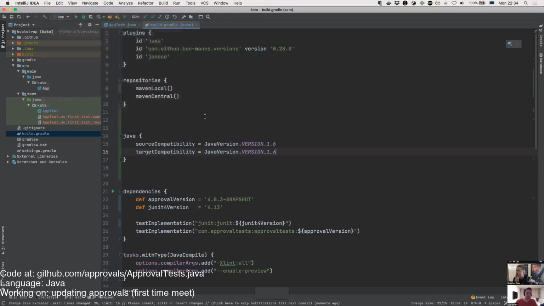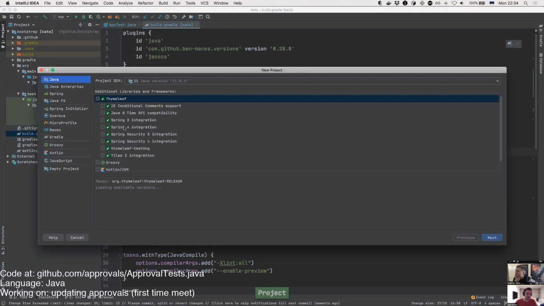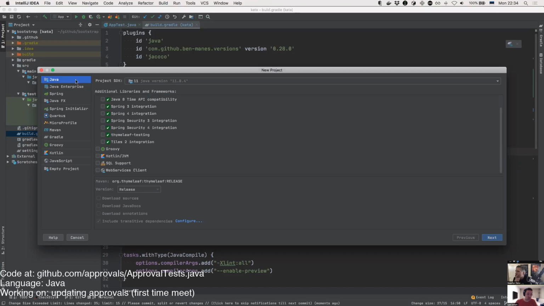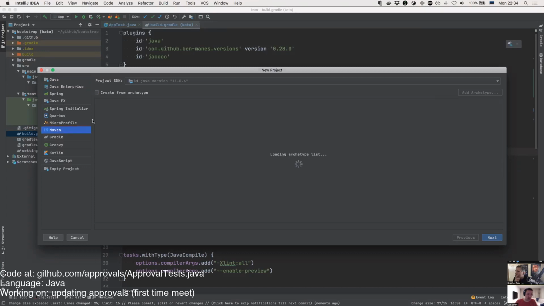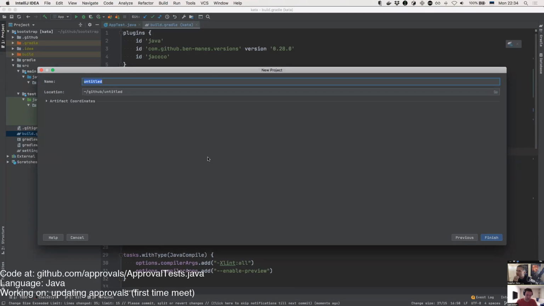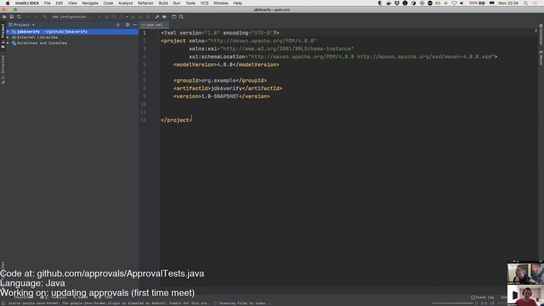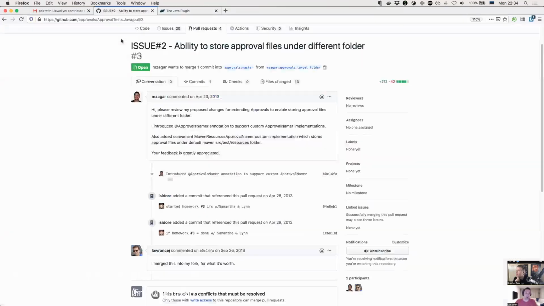Yeah. Java. Maven. And I want the simplest one that has unit testing. Okay, I guess we steal from the starter project, which we saw.